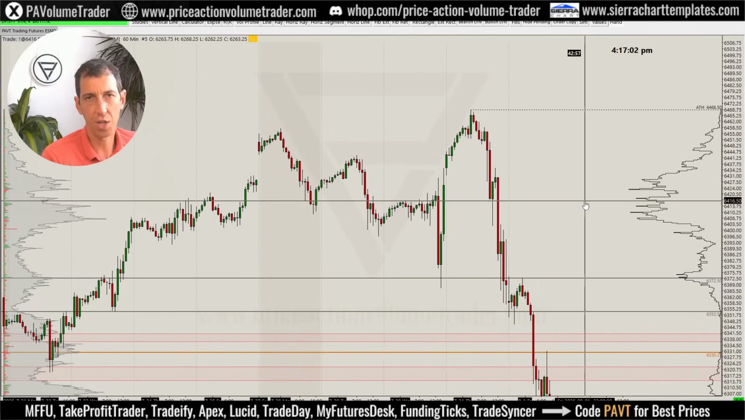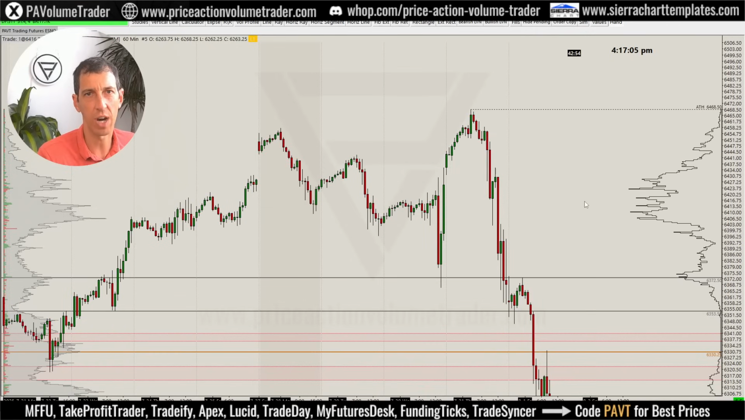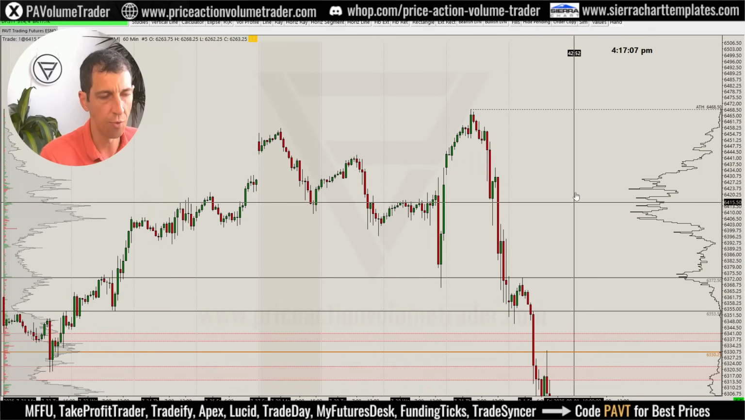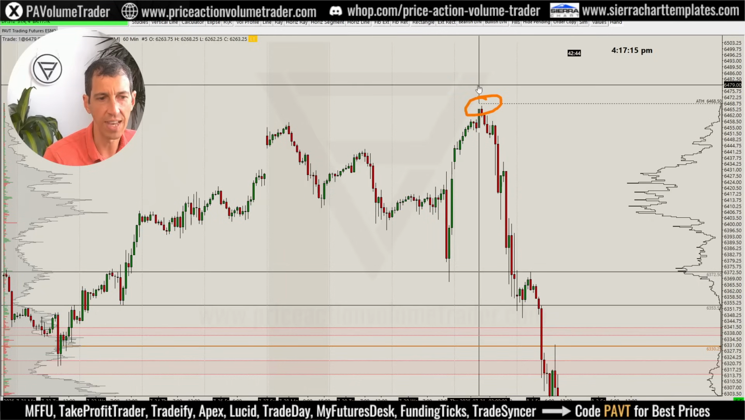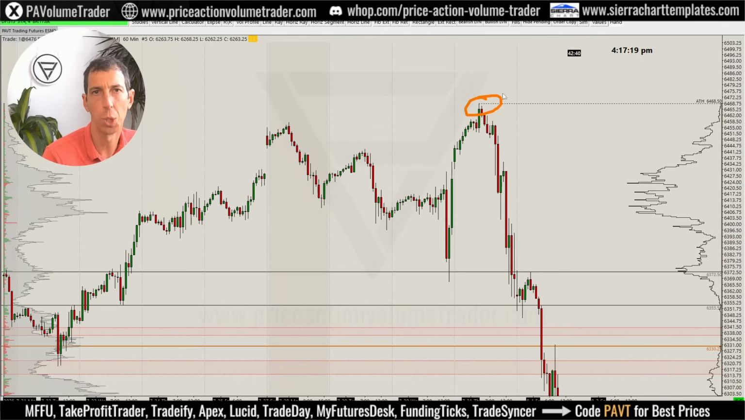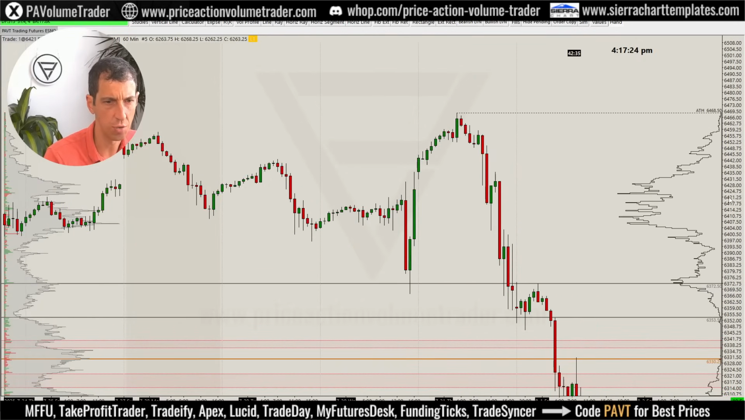So let's start off with the higher time frame context of this. If we zoom out, this is the hourly chart, and this is the all-time high that the ES market made on the extended trading hours right at the Europe Open on July 31st. Okay, after that, if I zoom in,